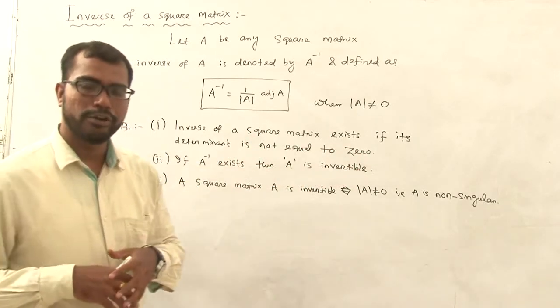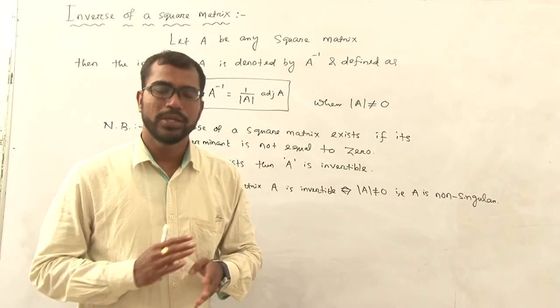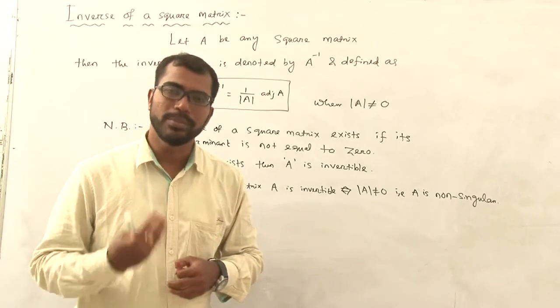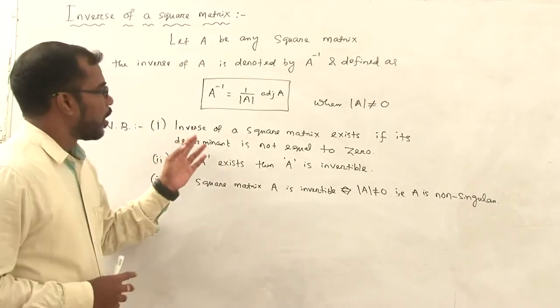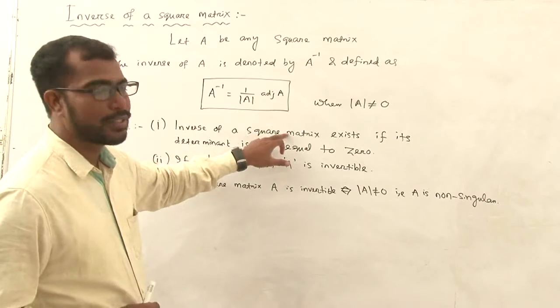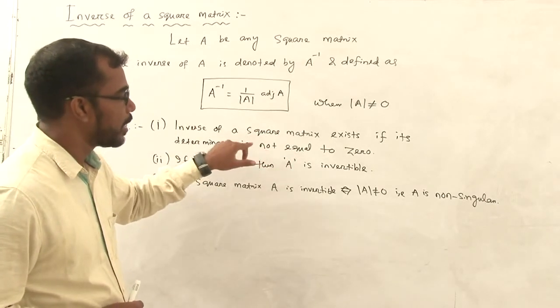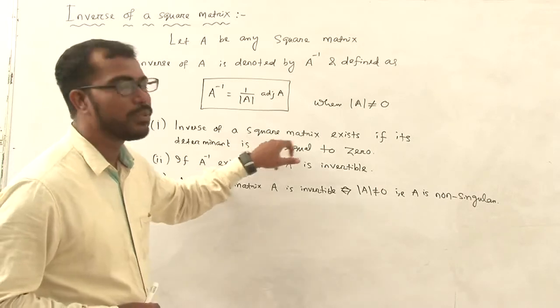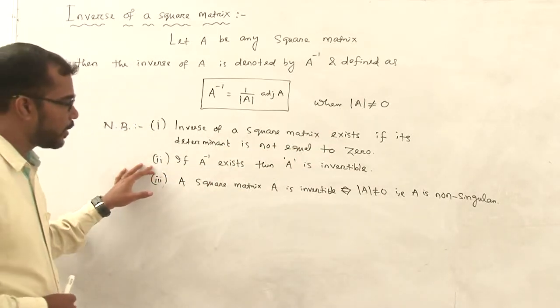If the determinant of a matrix is 0, then we cannot evaluate the inverse of the matrix. The second point is, if